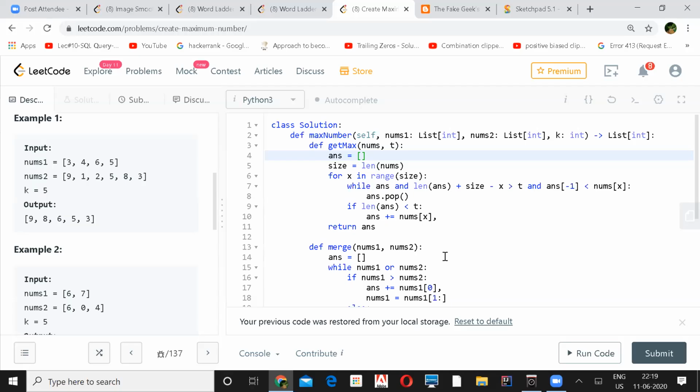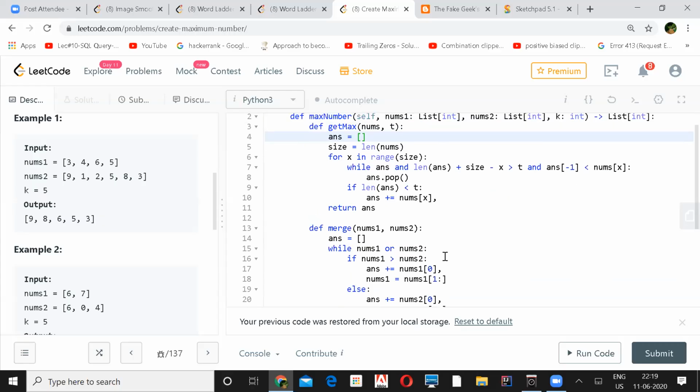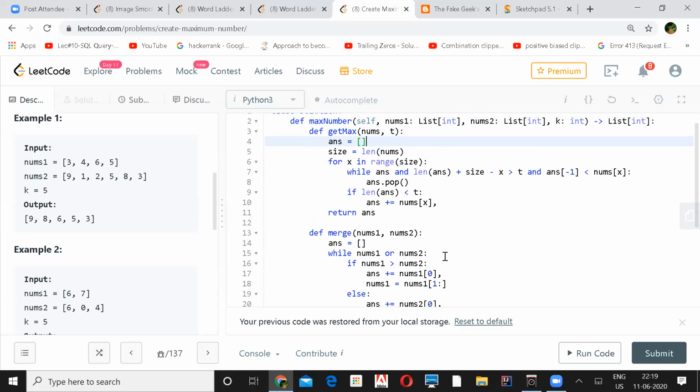So line 7 actually does a sort of monotonic stack. But it has a restriction: you cannot use that monotonic stack functionality in every case.